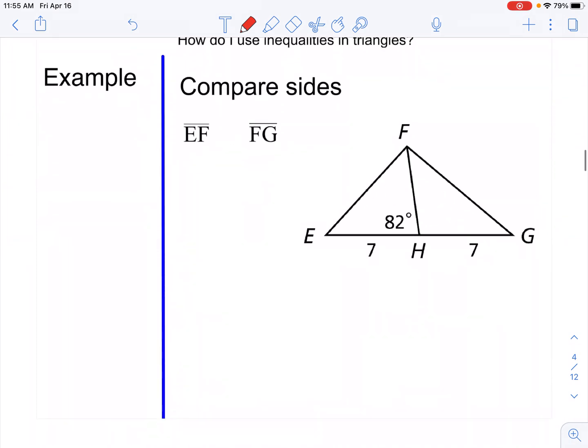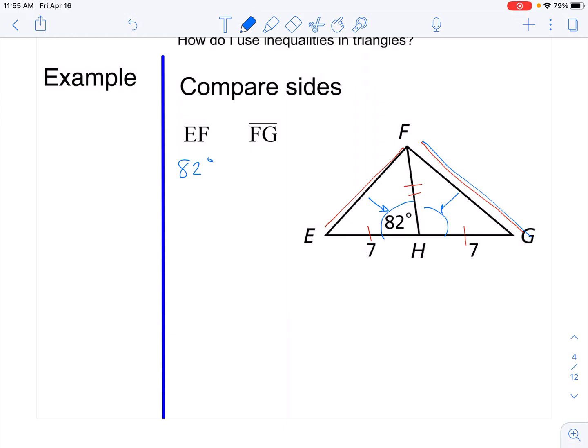Let's try another. This example compares sides. So once again, I'm going to look for two sides of one triangle congruent to two sides of another. The 7s are congruent, and FH is congruent by the reflexive property. I want to compare EF with FG. EF is opposite this angle right here that measures 82 degrees. FG is opposite this angle, and we don't know that angle,